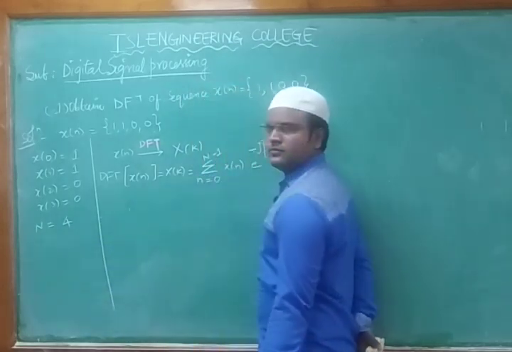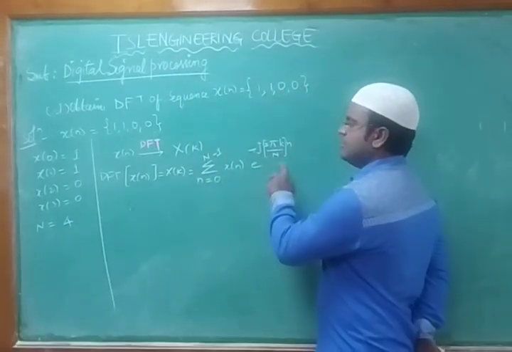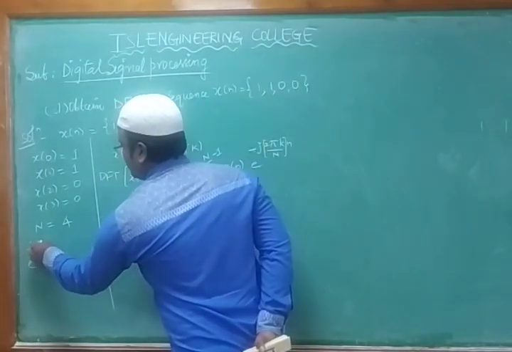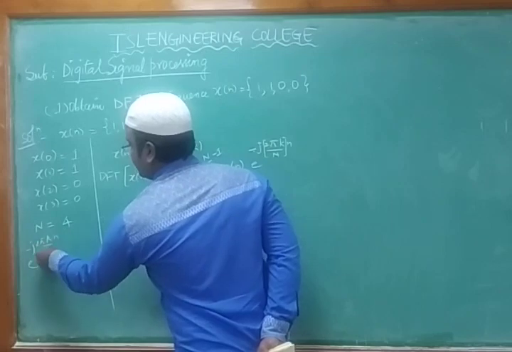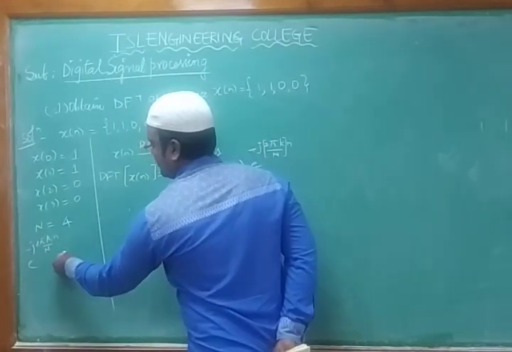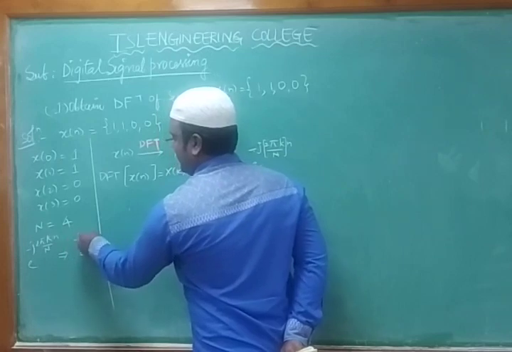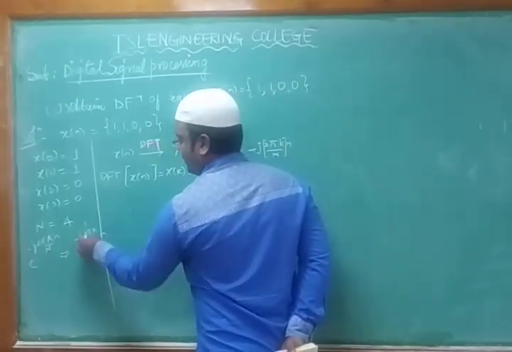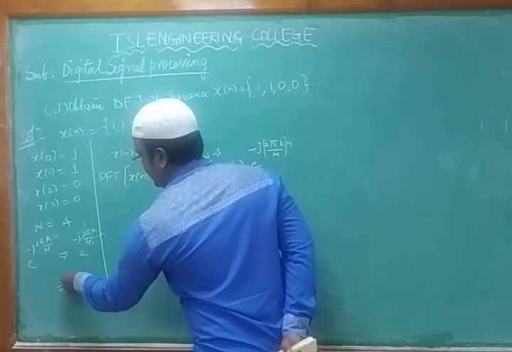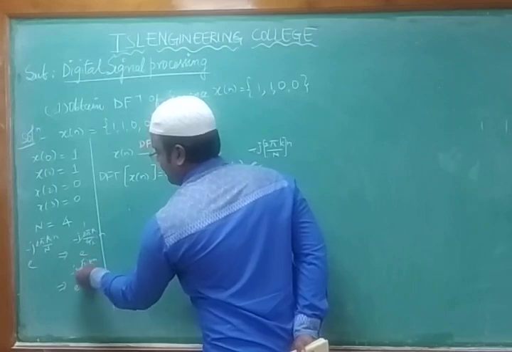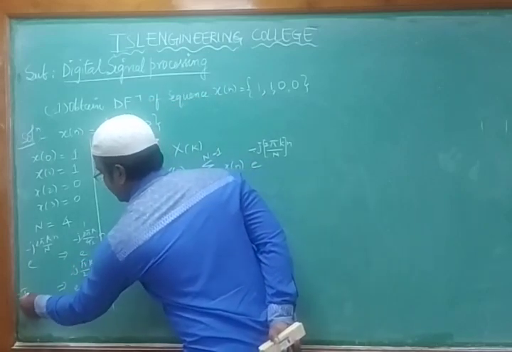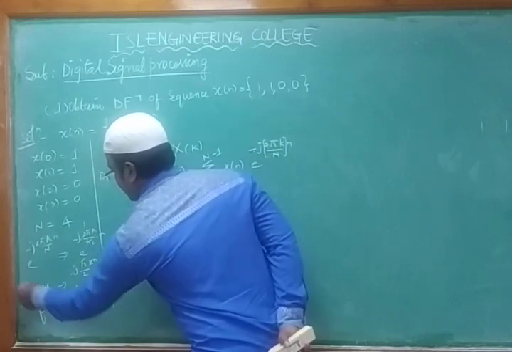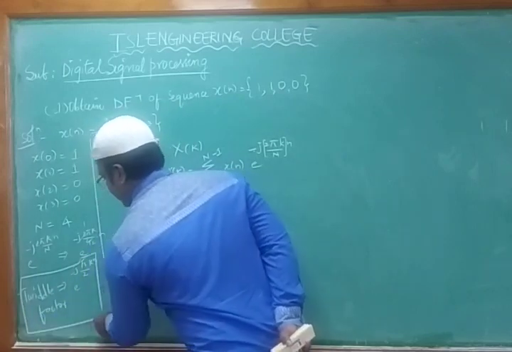So we'll mention 4. Likewise, we'll find the exponential factor directly so as to substitute in this. What is the exponential factor? E power minus j 2 pi k small n by capital N. What is the capital N value? E power minus j 2 pi k, capital N is 4, into small n. So 2 ones are 2, 2 twos are 4. What is the value we got? E power minus j pi kn by 2. That is your twiddle factor.